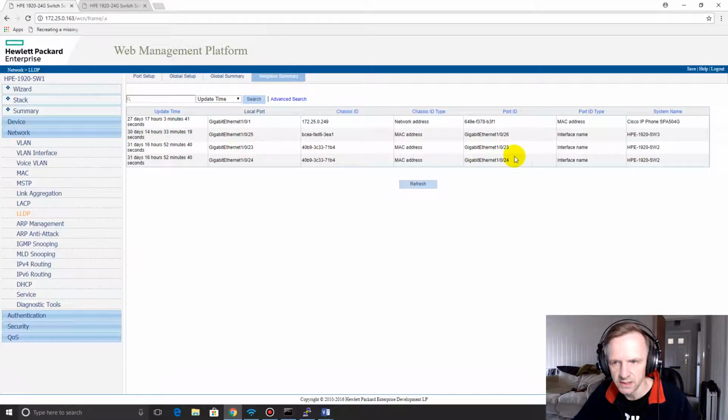So that's quite quick. The other way you can do that is go in command line. These are managed switches with console ports, so you don't have to go into the Web GUI. I like these type of switches with console ports because you're not reliant on having a client PC in the same network to actually manage your switch. If you're doing any VLAN work and you manage to lock yourself out of a switch, if you're reliant on a Web GUI,